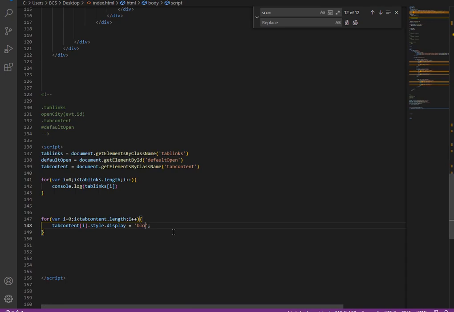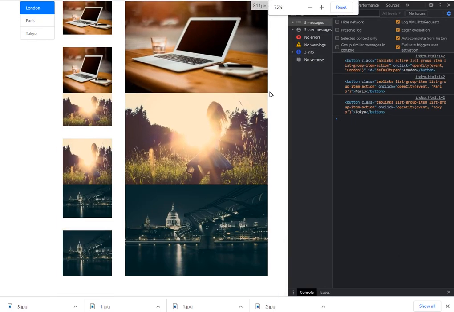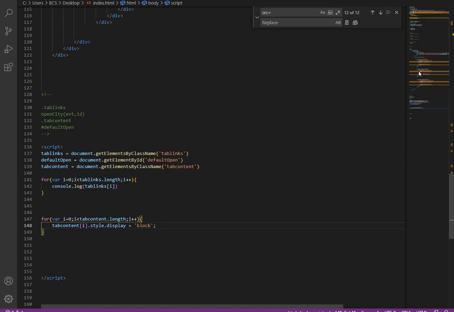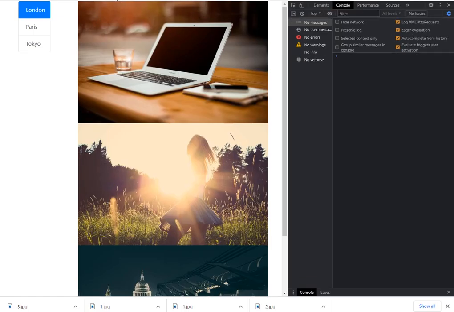Now if I make this block, refresh it, now you should see all the images. This is the actual view. Now you can see all the sections. Let me make the overflow hidden for now. Now you should see only the first section.